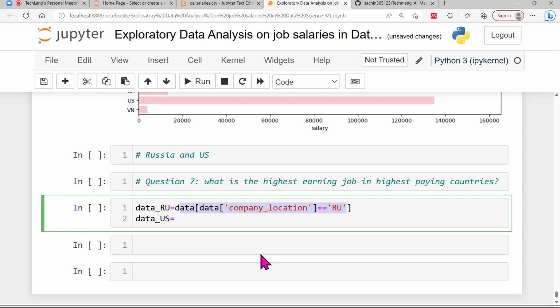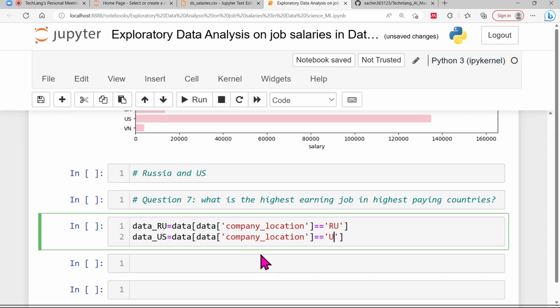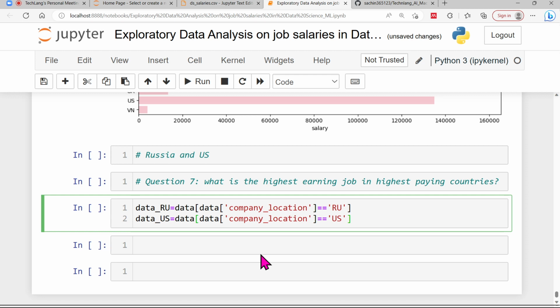For US, I'm going to execute the same code, but on condition that this must be US only, not the